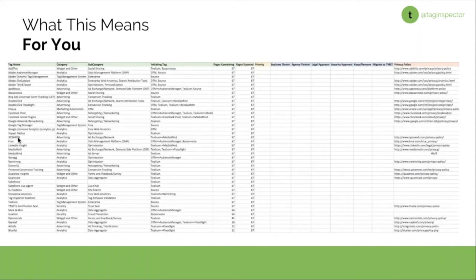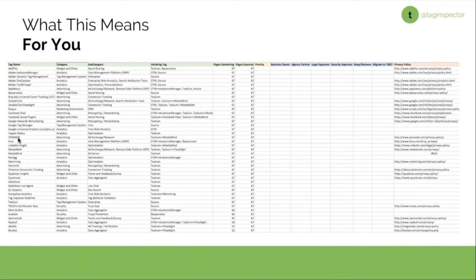Quick visual for what this can look like. Step one, like I mentioned, just assigning ownership, understanding business purposes, understanding the different tags that are loading on your website. This is a format that I use, again, pulled from our Tag Inspector platform, that'll just list all the unique platforms, category, subcategory of each, and then some different questions and columns there that allow you to really walk through